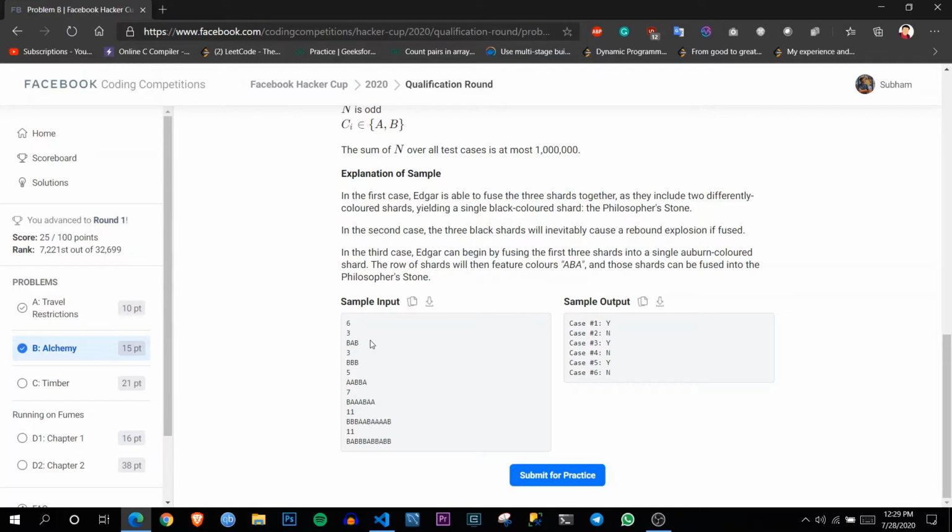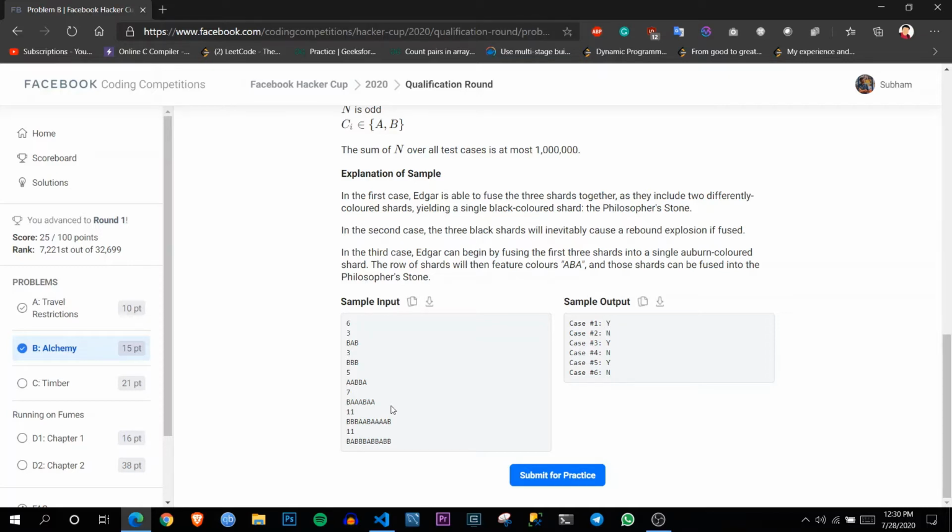There can also be all b's or all a's, and in that case we cannot fuse them into one character. I will also explain this example on the whiteboard. Basically, we go through all the substrings of length 3 and check if we can fuse them or not. If we can, we replace all three characters with the fused character at that index, and we continue the whole process until only one character is left.